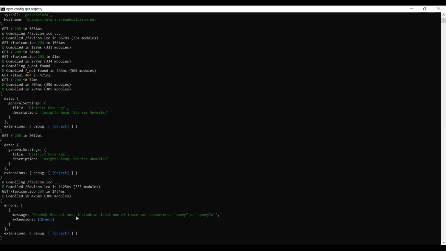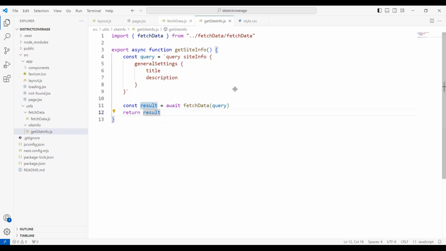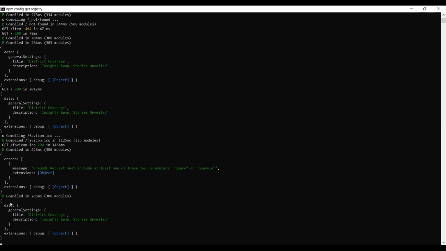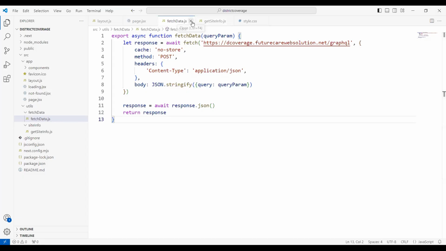So it says GraphQL must declare at least one of these parameters: query. So it's working now. The only thing we need to do is we'll have to write it like this: query param. And here we are able to fetch the data now. See, we are getting the data here in JSON format. Now we'll just close this,